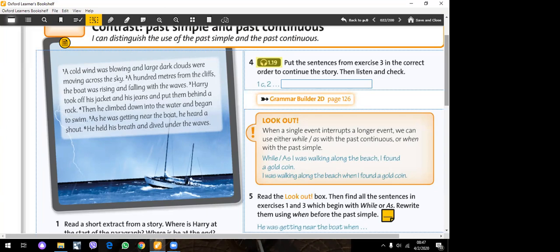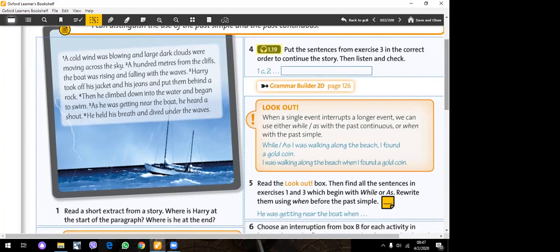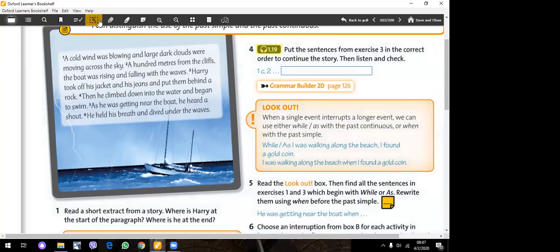Okay, now let's start. As you remember that we said we use past continuous tense to set the scene in this story, right? We are going to see